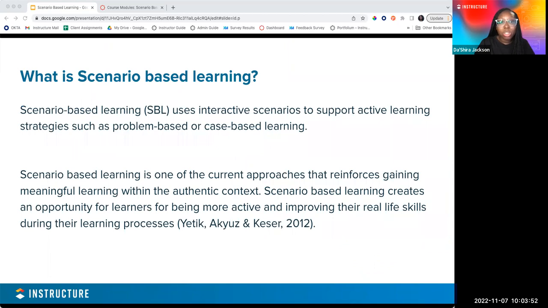So the first thing we want to talk about is a basic definition of scenario-based learning. Scenario-based learning falls under the category of problem-based learning, and it allows you to create interactive scenarios to support more of an active learning environment in your course. And it could be, like I said, problem-based or case-based learning. It's very popular, something that we're seeing developing and being utilized more, especially as we're offering